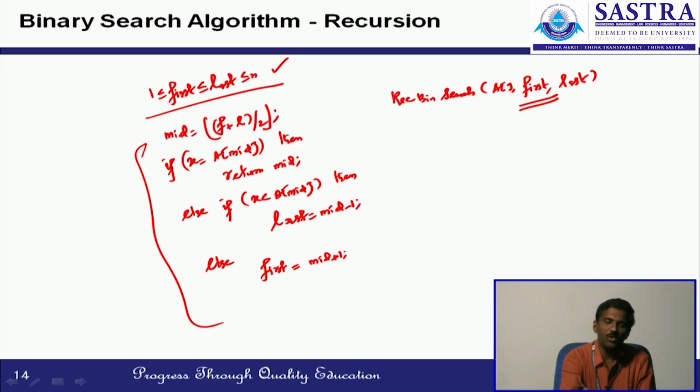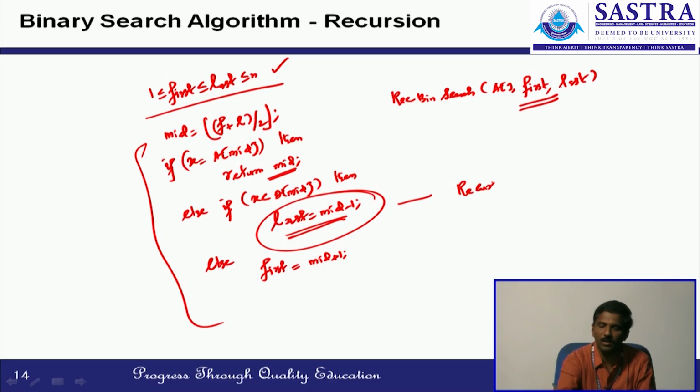When x is equal to a of mid, then return mid, no problem. When x is less than a of mid, last is updated to mid minus 1. So, instead of writing right, if x is less than a of mid, then last is equal to mid minus 1. Here we need to make a recursive call with the updation of variable last